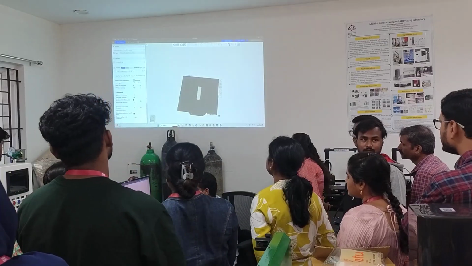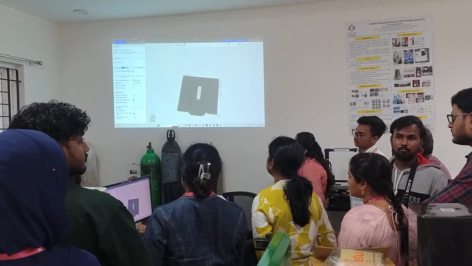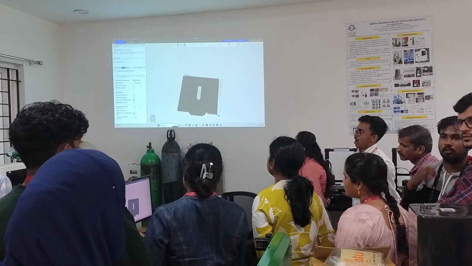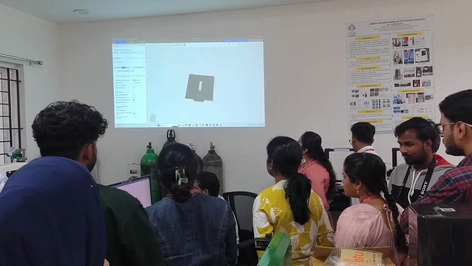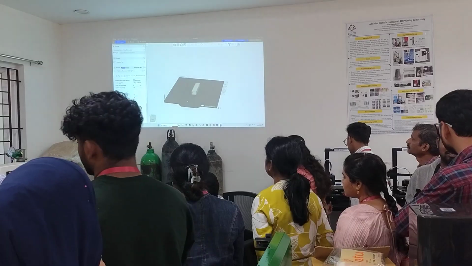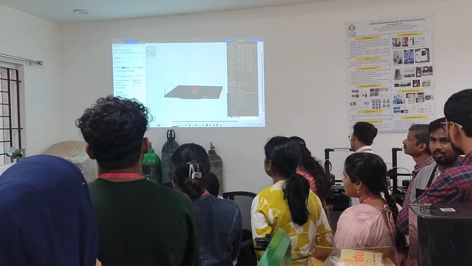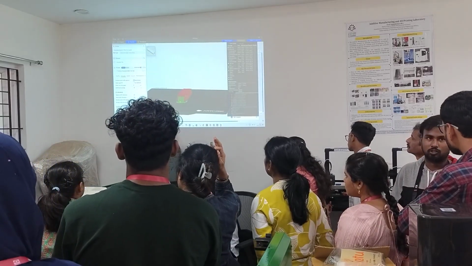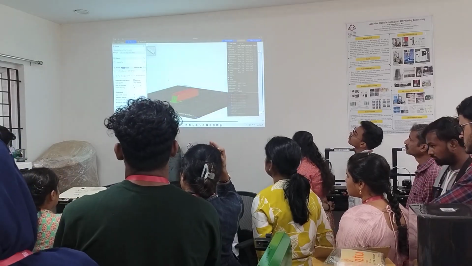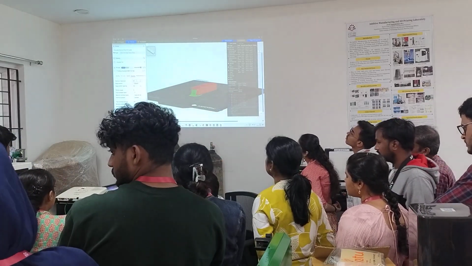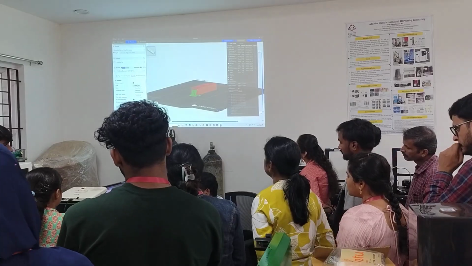So this is done. We are going with rectilinear and 10% infill density. Now I will slice this part. Support structure, we first select normal.